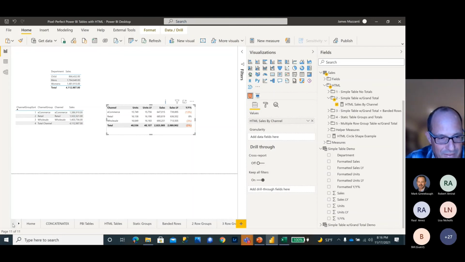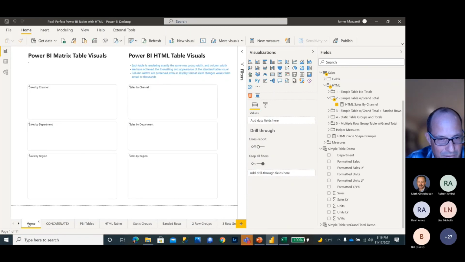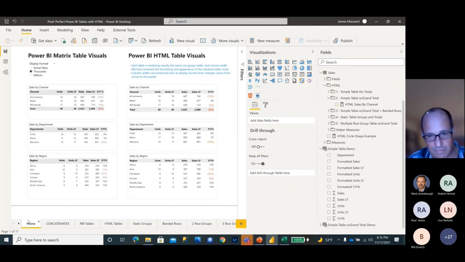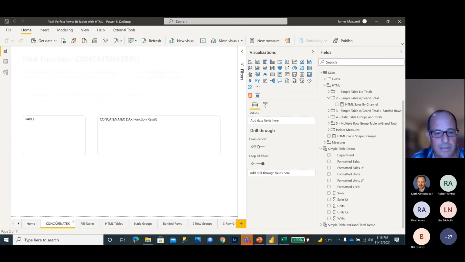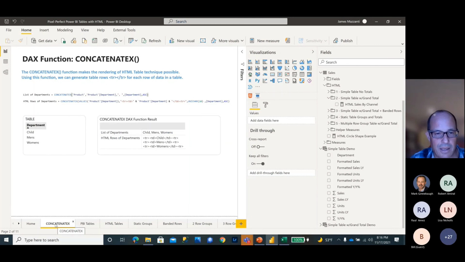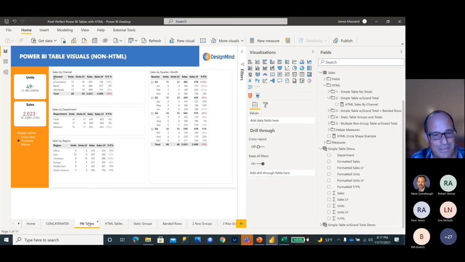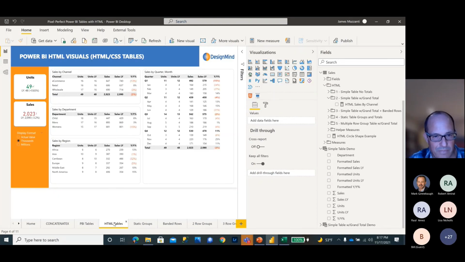Now, something cool that came up, by the way, on this home page, just for reference, just so you understand how the Power BI report is set up. This is showing regular tables. This is showing HTML tables. This is a little refresher on concatenate X, right? This is the key component of building rows. Then what I did is I have a Power BI table version, right? All of these objects are Power BI tables, and then I have the pixel perfect HTML